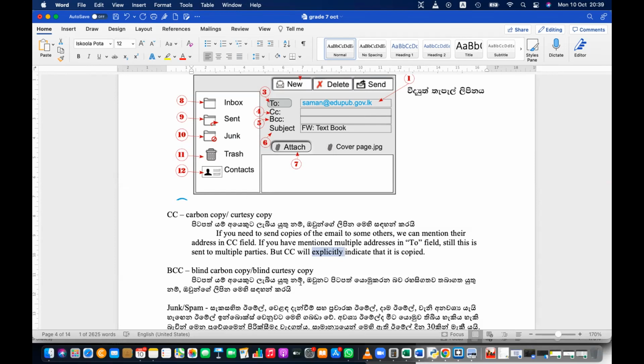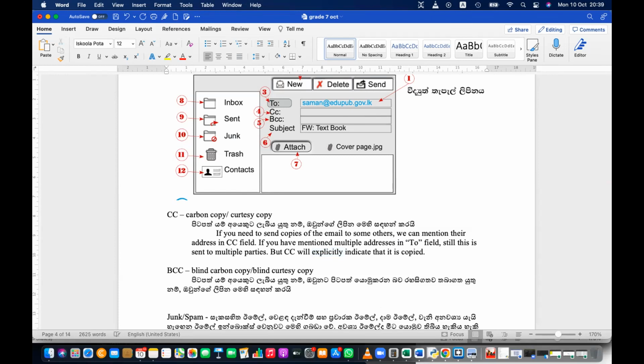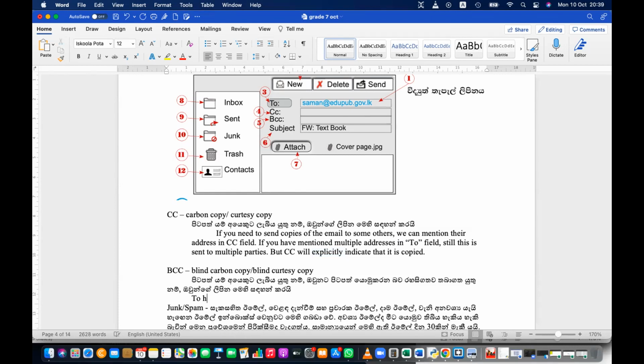Then BCC, blind carbon copy. To hide the recipients from the others, we use the BCC field.